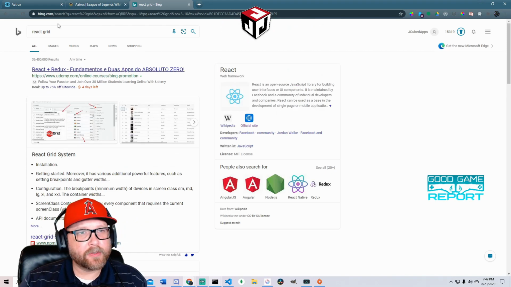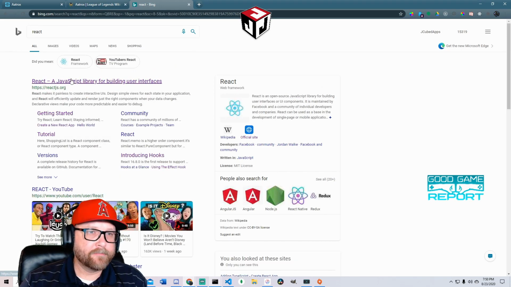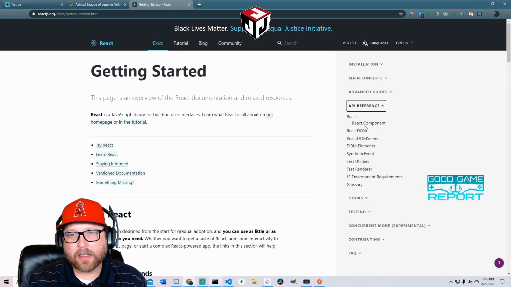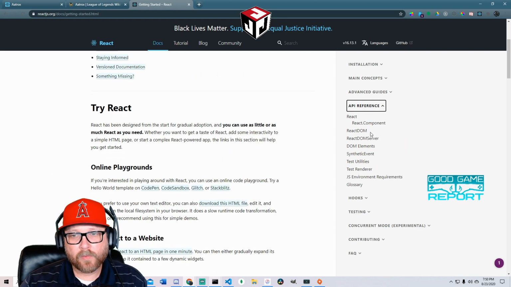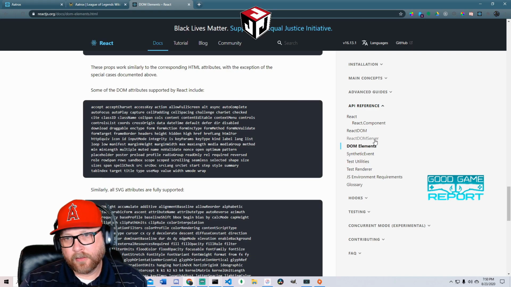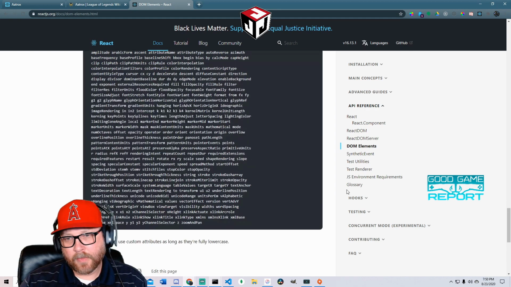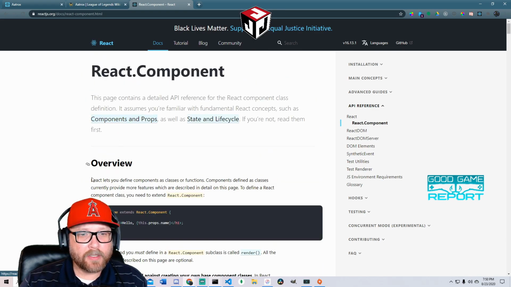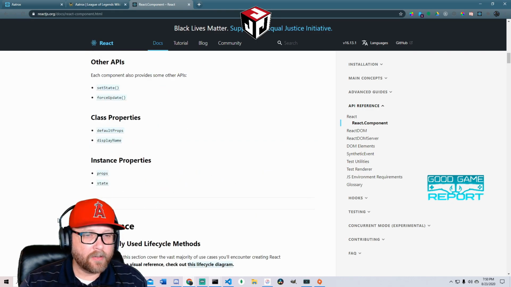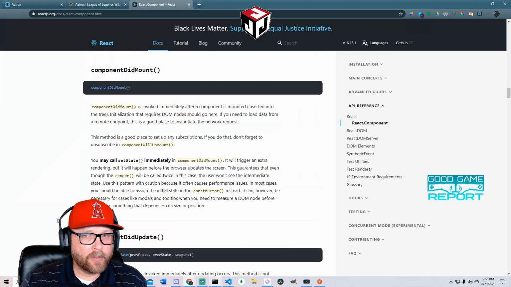Okay, so let's go actually to the React website. Let's go to the docs. API reference. DOM element. Okay. I actually want to see the docs for this. I want to see all of the available JSX elements.